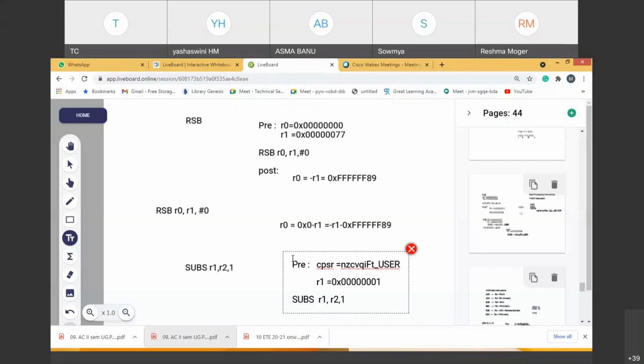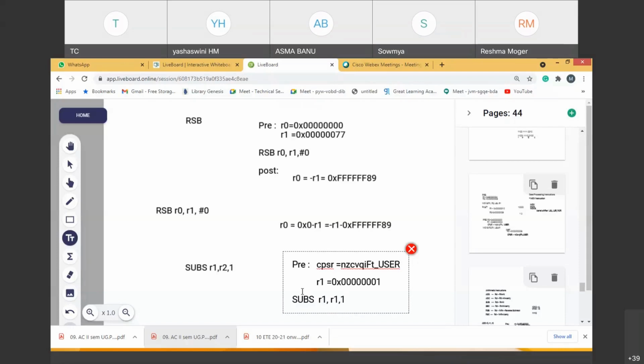Sorry, I don't want to do this operation. I want to do this operation only. See, interesting concept. Just R2 I can take as one more example. Now if I take R2 as R1 itself, what I'm doing is R1 minus 1, a subtract operation. R1 minus 1 is 0. Then you observe the result is stored again in R1.